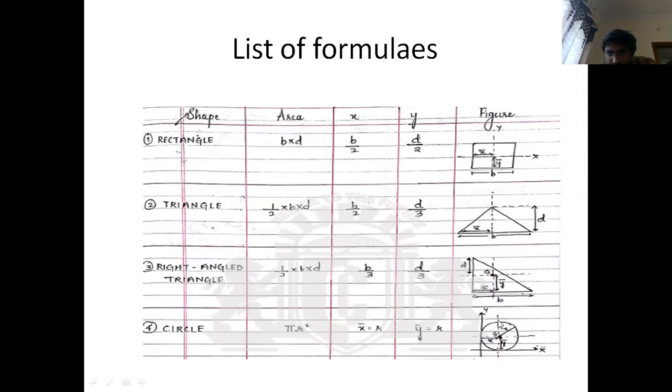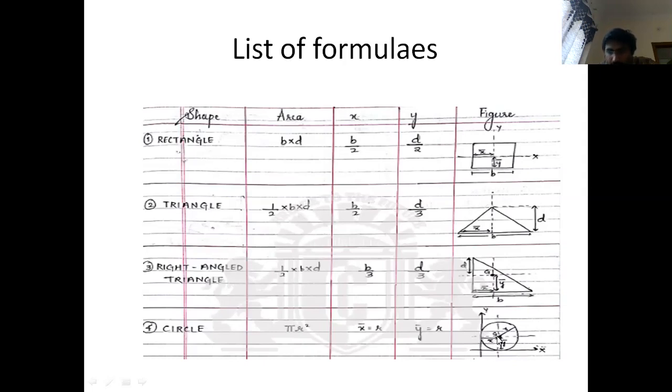Here you can fold your circle into four equal parts, or you can fold it into two equal parts. With reference to this vertical symmetrical axis, we can fold it into two equal parts. Then what is the distance which is left here? If you fold with reference to this axis, the distance between this reference axis and the symmetrical axis will be r.